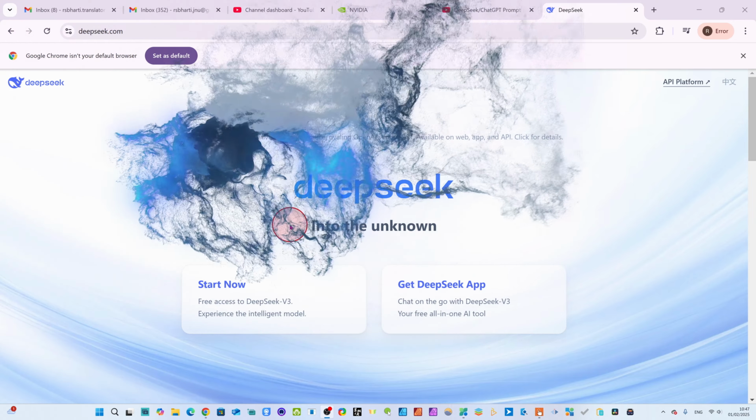Here we type anything. For example, I want to search the history of America. I will write the history of USA, and we will search. You see, it's so fast, it's searching. You see, the history of America.